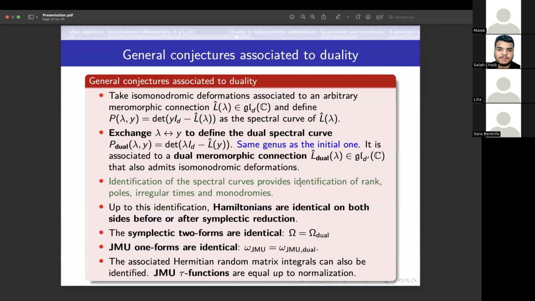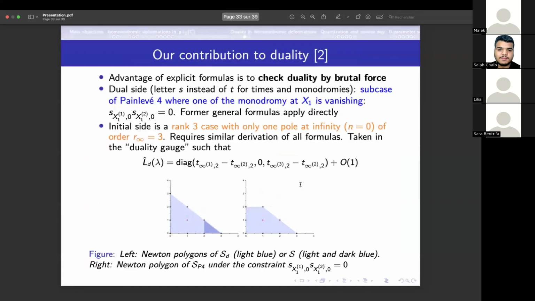And the answer is yes. What we considered is this. We considered actually a rank 3 connection defined on a trivial vector bundle also. And we showed that if we swap the x and y, we get the same symplectic structure, upon an identification of the trivial or non-trivial of everything in terms of the spectral curve. So as long as the spectral curves are identified, you could get a complete analogy between the